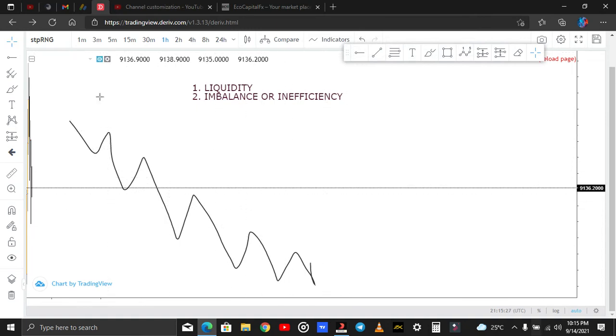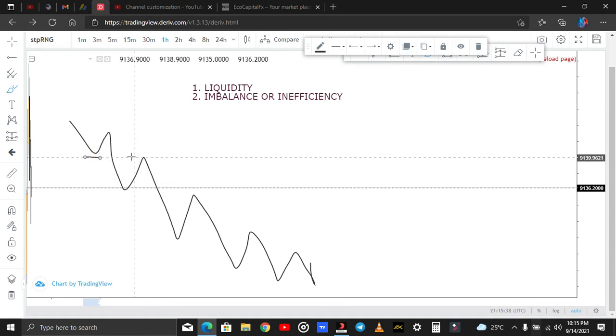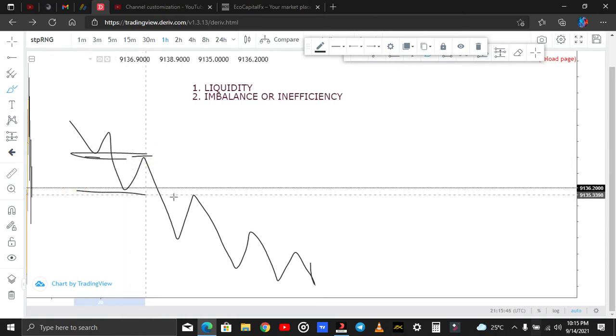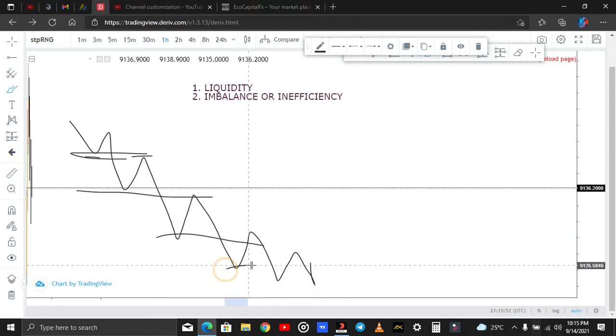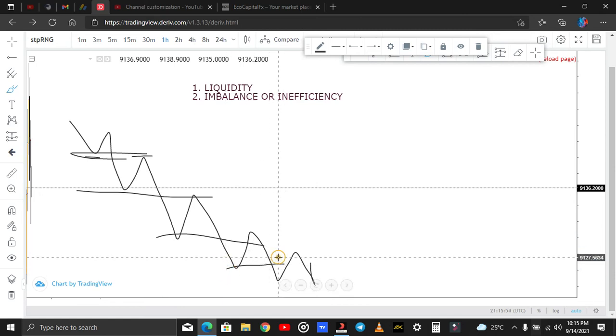So now look at what I just drew here. Can you see that from here price came, see here, this was the last low, and this pullback came and closed this price, making this efficient. So price also was efficient here. Also here price was efficient because the gap was closed. Here also price was efficient because it was closed here, okay?